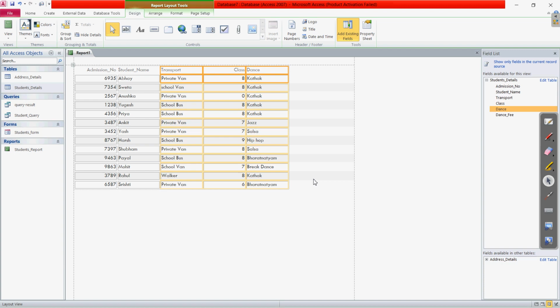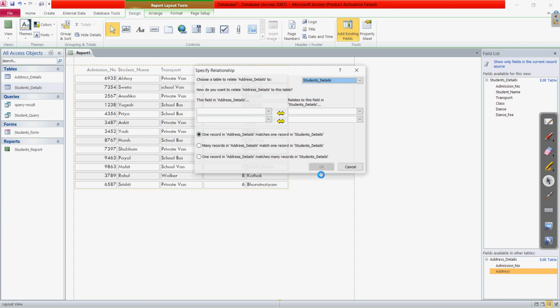Clear? Earlier, in the report option, the whole set of fields was there, but now we have the option to choose from a specific table, and not only this, we can also use fields from another table. Suppose I am selecting another table, that is address detail, and let us see if I drag it to this area.